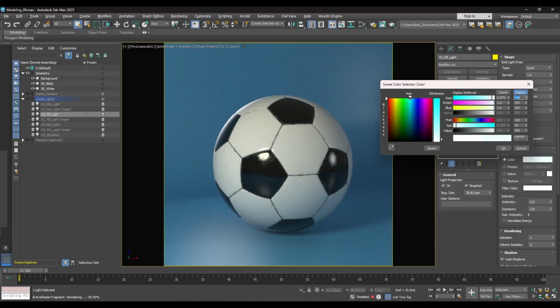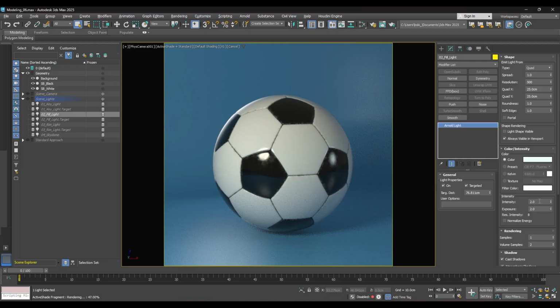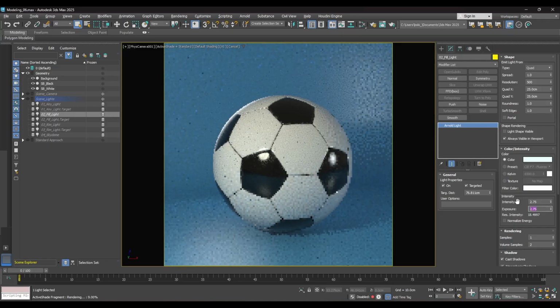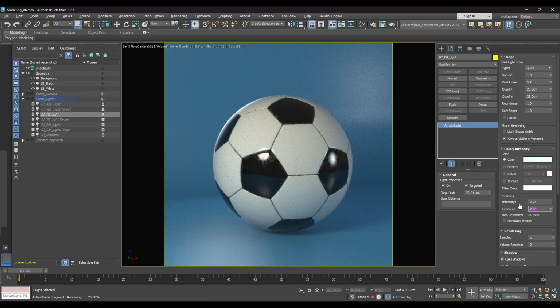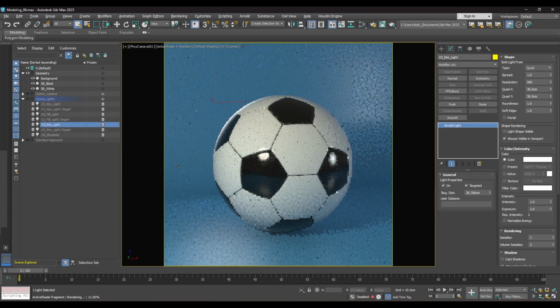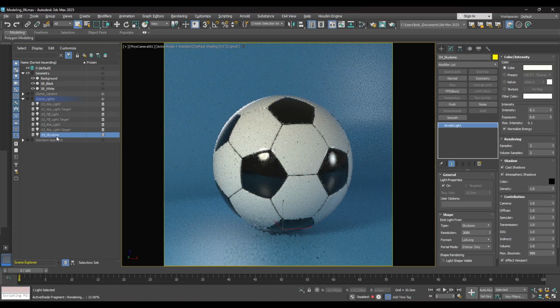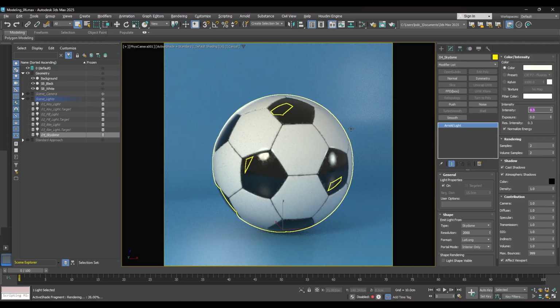Just copy it, write this, and we'll set the intensity to 2.75 and the exposure to 2.75, and the rim light we will leave it as is because it has nice rim here. And the sky dome, finally we will set the sky dome intensity to 0.3, so we get pretty much lighter render. So we're just going to hack it like this,